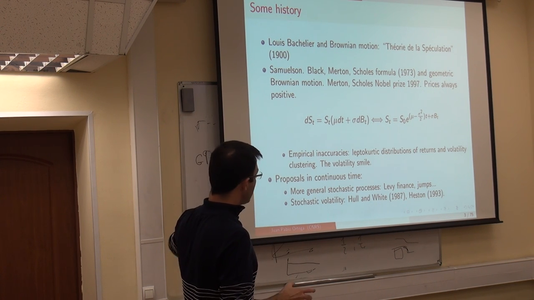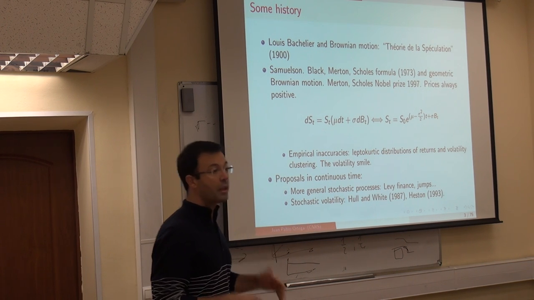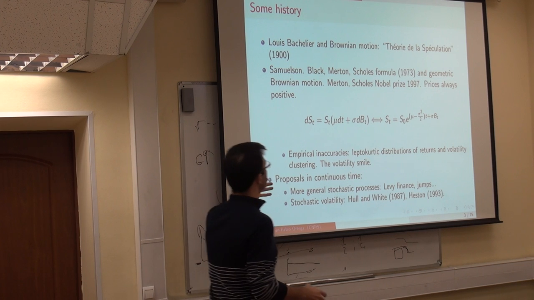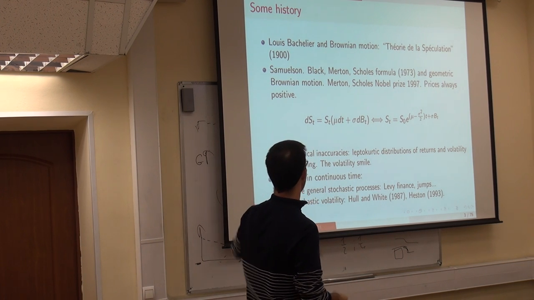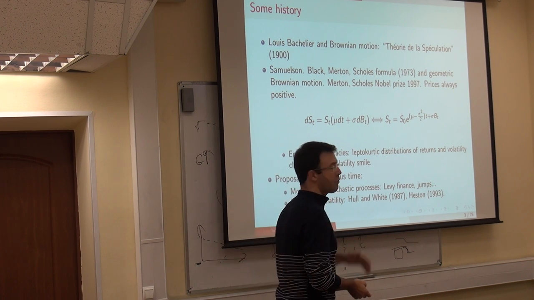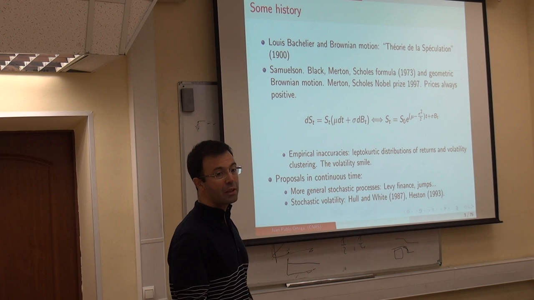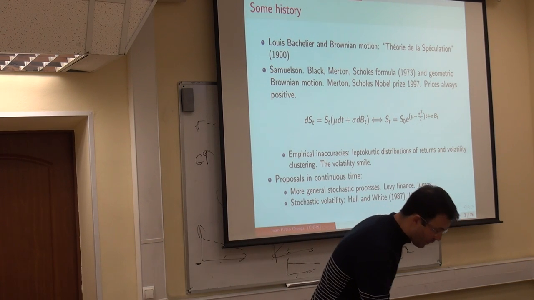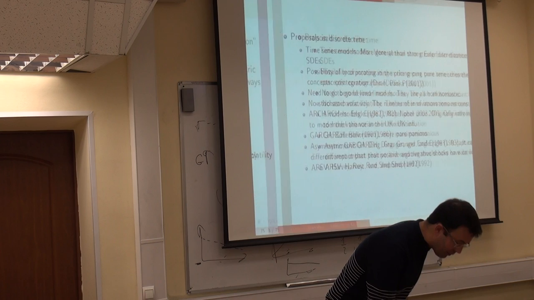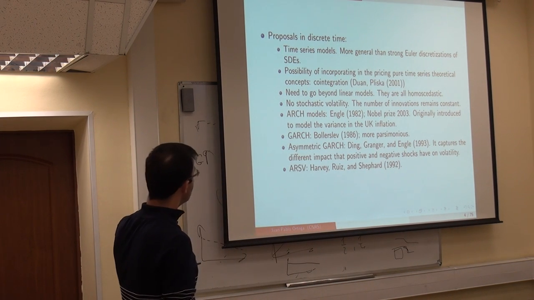So if you want to improve the models for the underlying, there are two ways to do it. Again, continuous time. So you just come up with more general continuous time stochastic processes. So that's what you have with Lévy processes by introducing jumps or using stochastic volatility models. And the approach that you will see here, at least in the first part of the talk, is to go